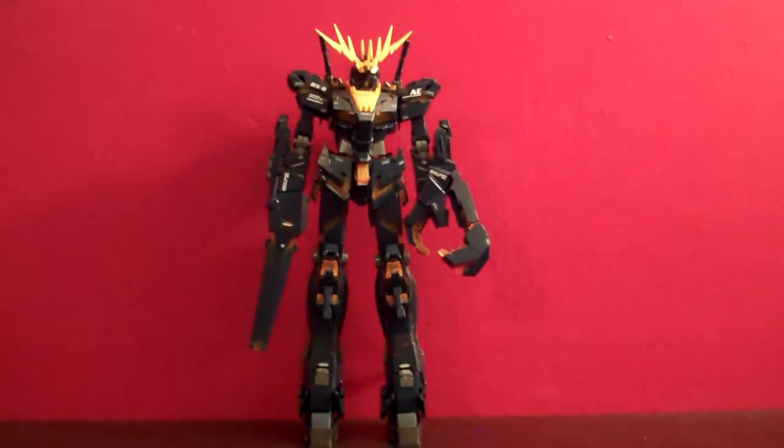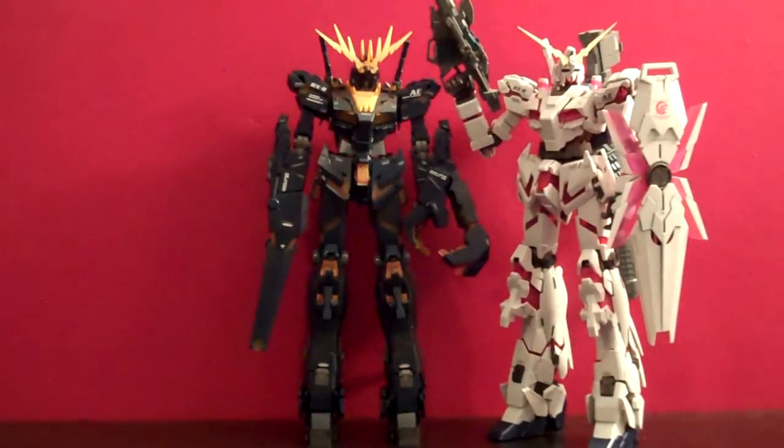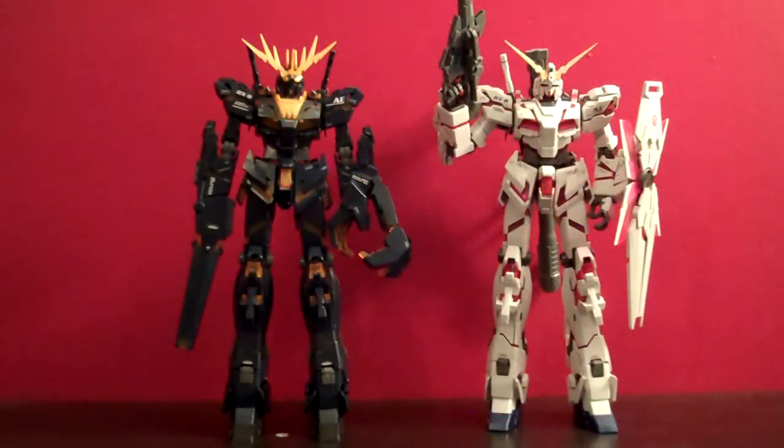And next to the Unicorn, the two of them have, I think, a really cool sort of color palette pattern there that plays off one another really nice. And I also like the way that the Banshee's extra weapons look on it next to the Unicorn. Like, it's not incredibly bulked up and it doesn't look too much bigger, but there's definitely something to be said about the way that it makes it look sort of more angular and more intimidating than the Unicorn with its